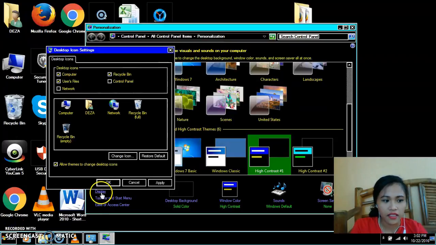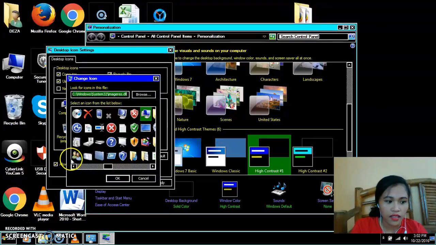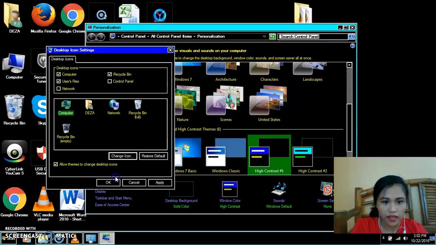And then click the change icon to display the change icon dialog box. Then select the required icon. Then click OK.